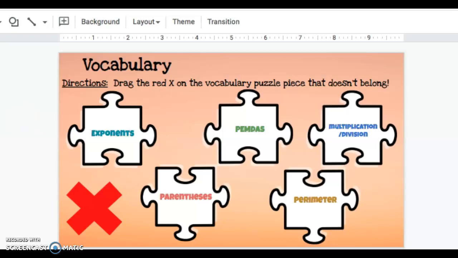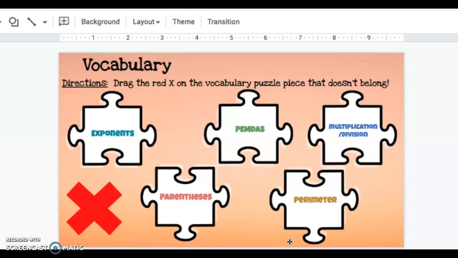All right, so for vocabulary, you're going to be dragging the red X, which is right here, on the vocabulary puzzle piece that doesn't belong. So your words that you have are exponents, PEMDAS, multiplication, division, parentheses, and perimeter. Now, thinking of all these words, I have to think if I'm going